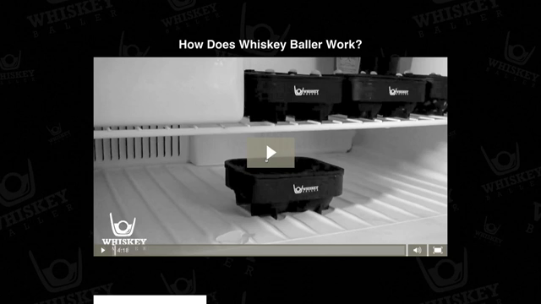So we actually said, crap, we've got this whiskey mold and the ice is not neat sometimes when you do it, but we said, how can we bring in some sort of ceremony on this so that that's a part of the process, breaking up the ice? And go watch this video on the Whiskey Baller site and you'll see what I mean when I break up the ice on the video, and it looks like a very fun process. So we actually incorporated that, and that was a weakness that we turned into a strength, and we actually are going to incorporate that into all of our branding, that breaking up of the ice process,